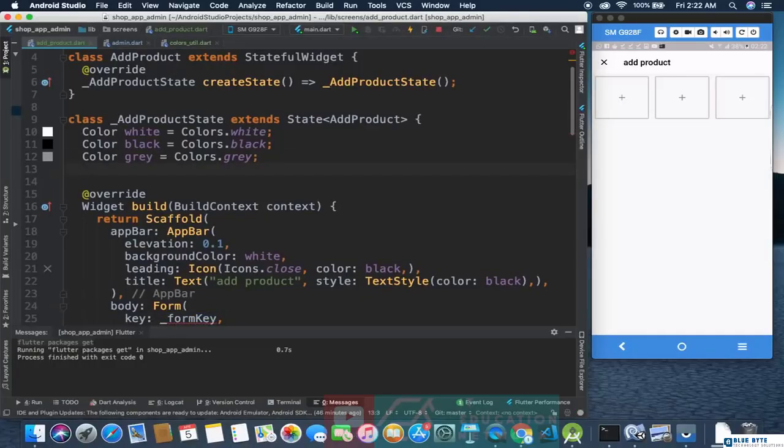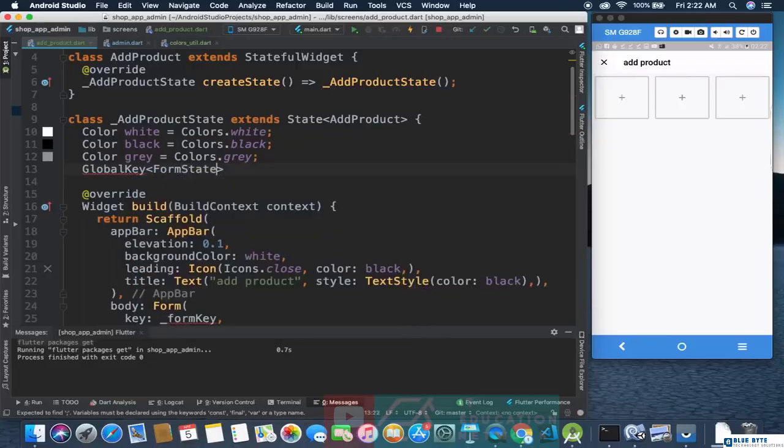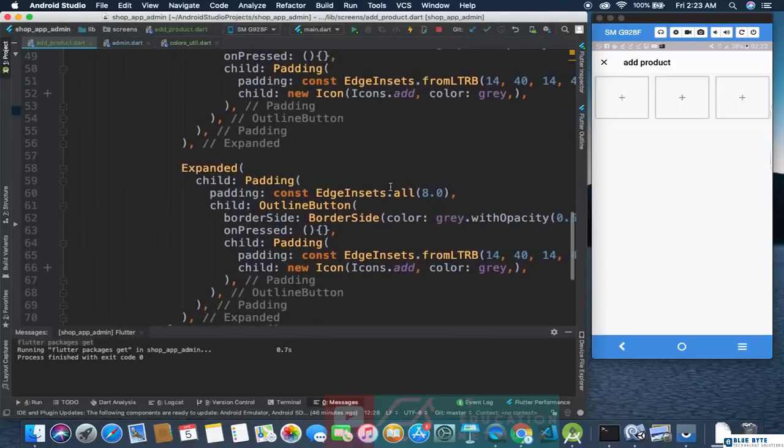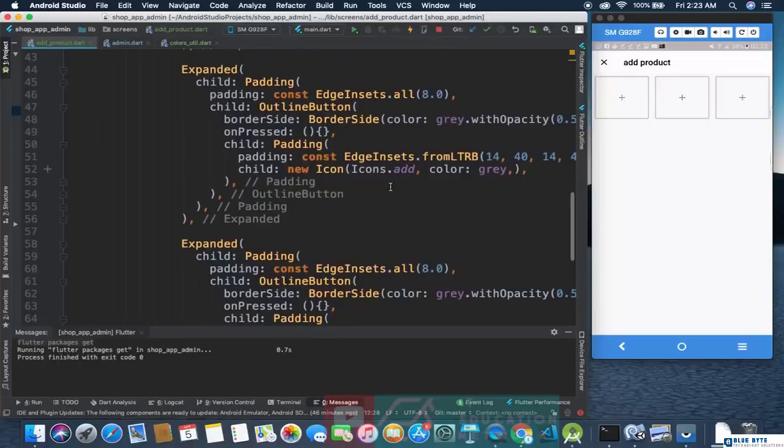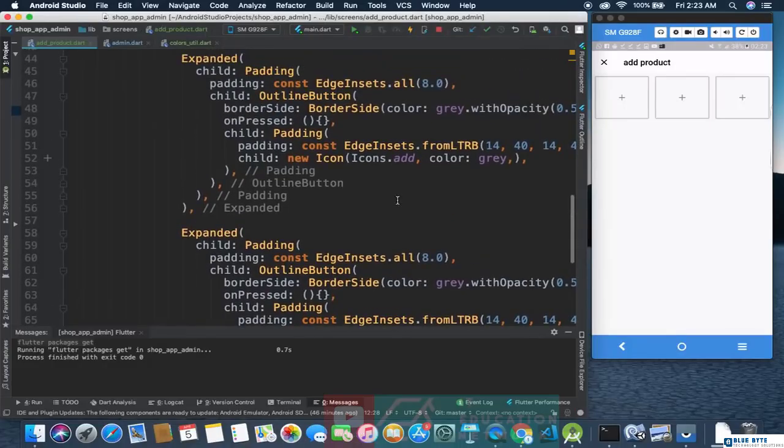So we need a global key of the type form state called form key is going to be equal to our global key. And to specify, you can write here form state. Perfect. Now after this product there, we will add